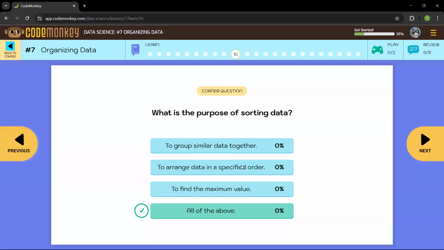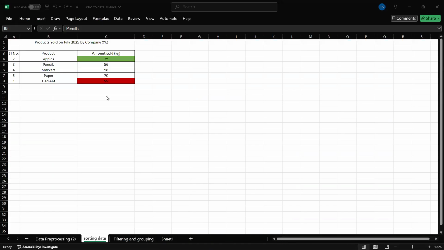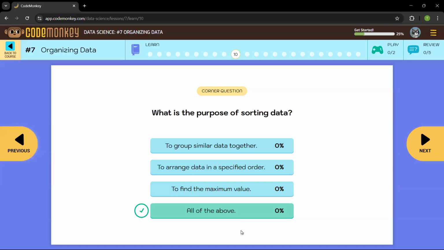I can arrange data in a specific order. I can find the maximum value, 99, directly. Since all of these three are correct, the answer is all of the above.